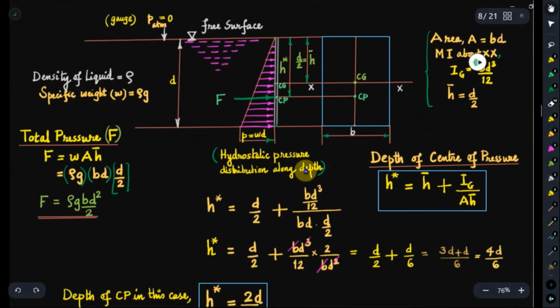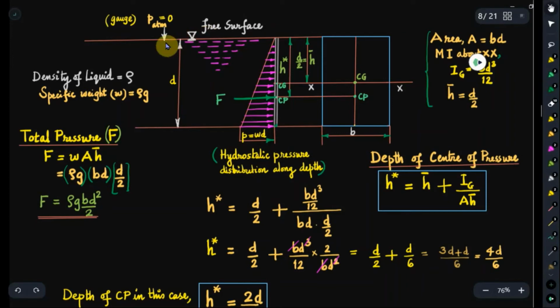In this diagram, the upper edge of the rectangular lamina is coinciding with the free surface. Here we have the pressure distribution pattern. It is a triangular load pattern because the pressure intensity is 0 at the top, but remember that is on the gauge scale. At the free surface, it is atmospheric pressure, and atmospheric pressure on the gauge scale is taken as the datum level. That's why it is 0. That doesn't mean that atmospheric pressure has a 0 value.